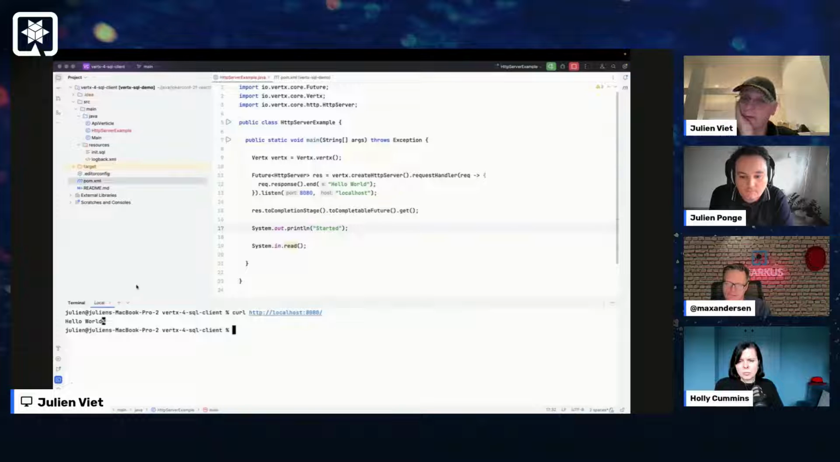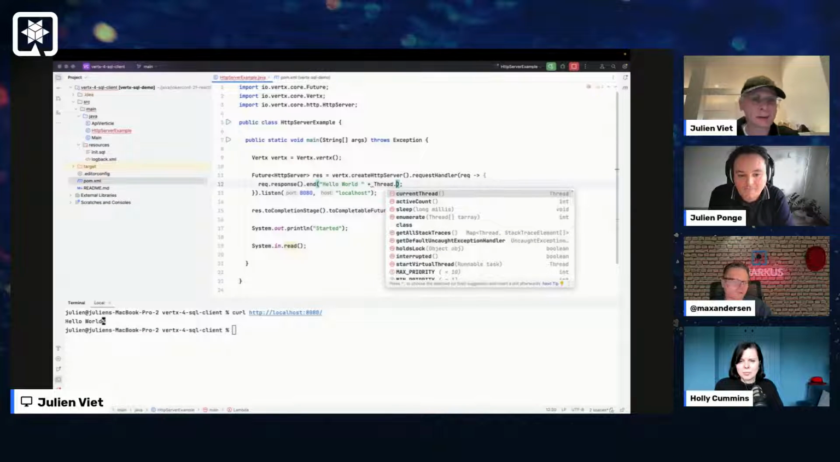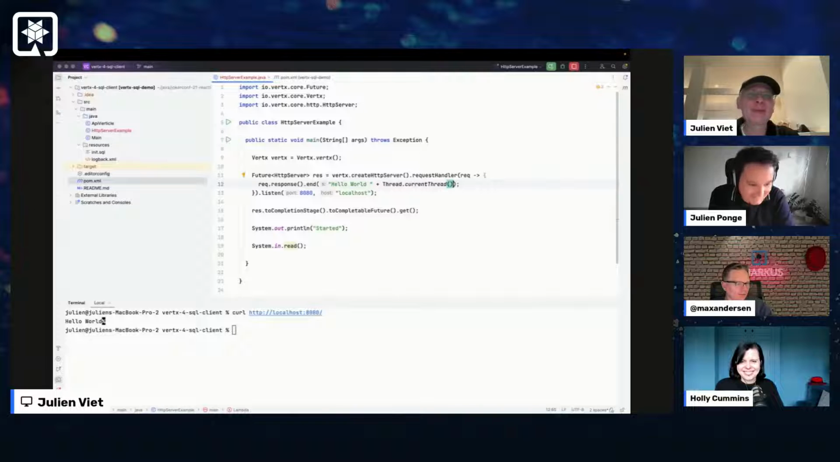And that's it. That's my simple server. Hello world. Then I will do Julien's favorite thing. I will print the thread. I never do that, but he likes to do it. This way we do it, yes, and we print the current thread, and we can see that